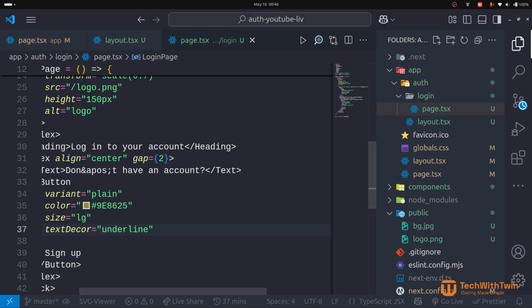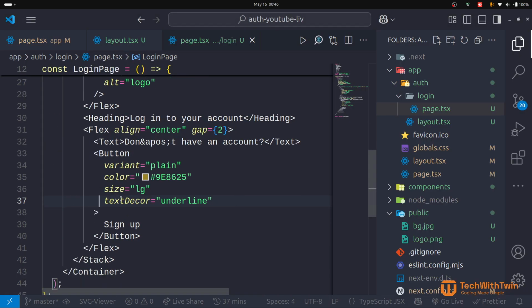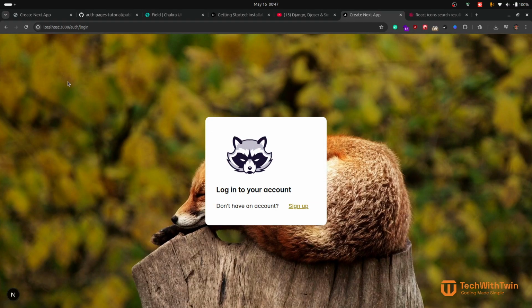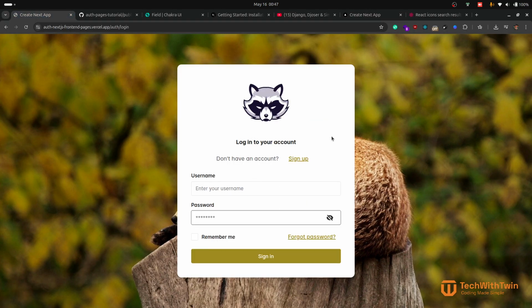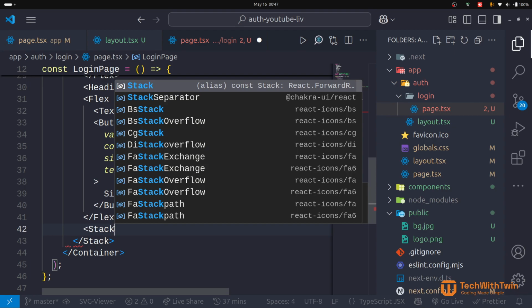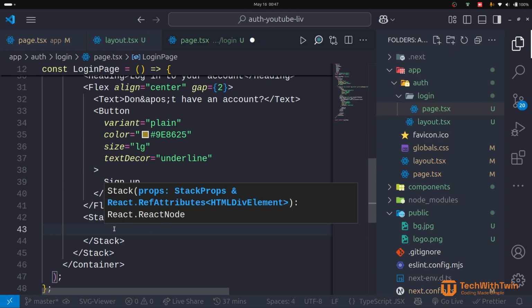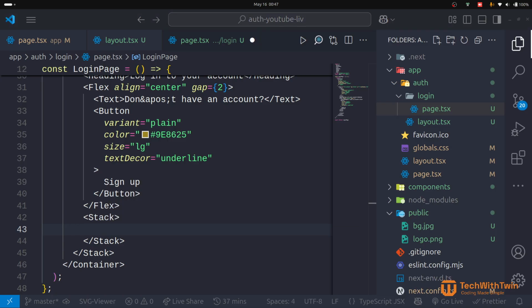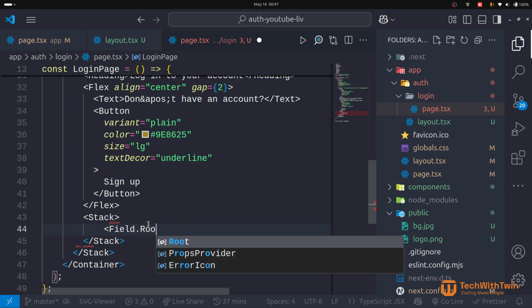So you're going to start with the username. Since this is a different section, so you can see section A, section B, we can wrap it under another stack component, which has a flex direction of column. Then we can start with the field. Let me just make sure it is imported. So as I showed you where you can get those components,